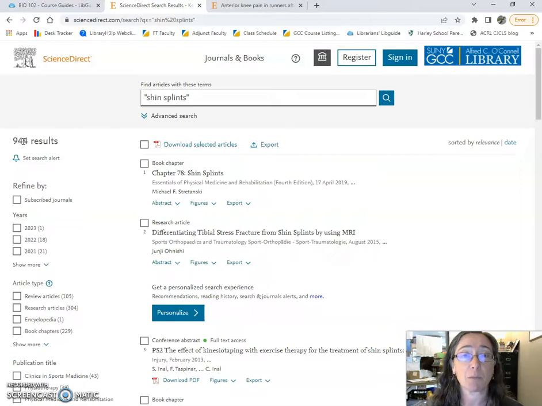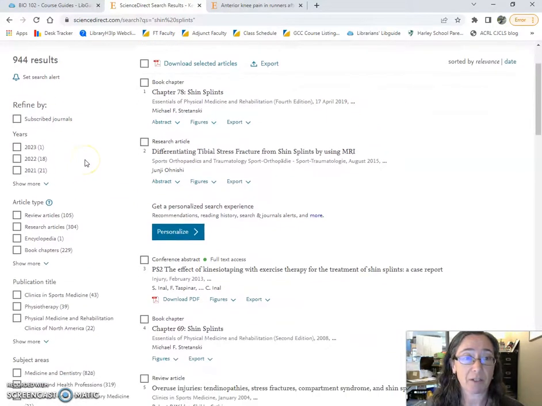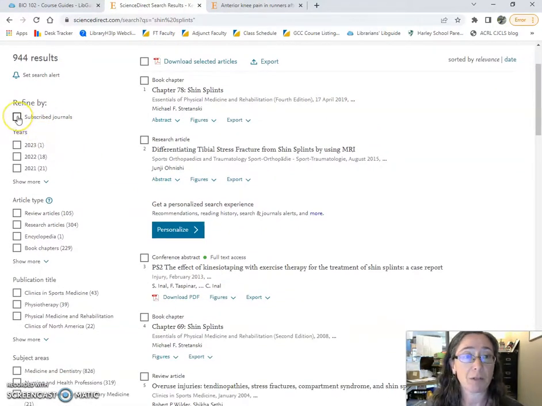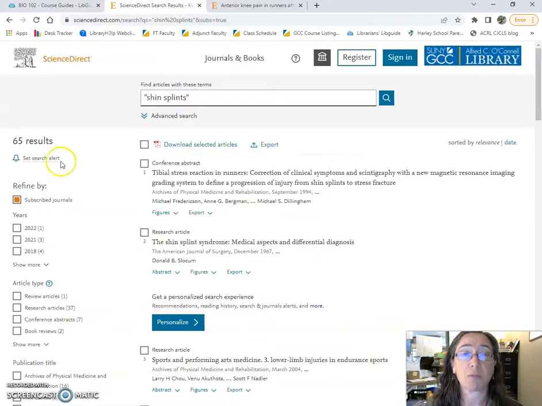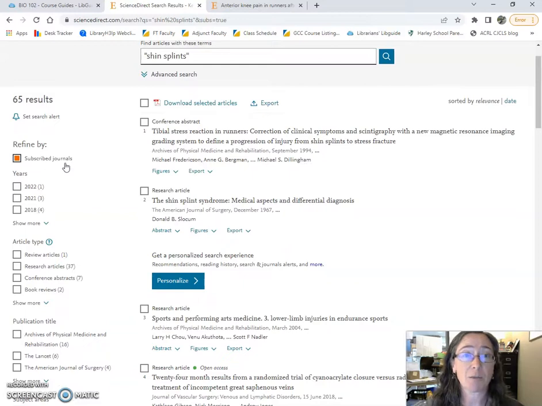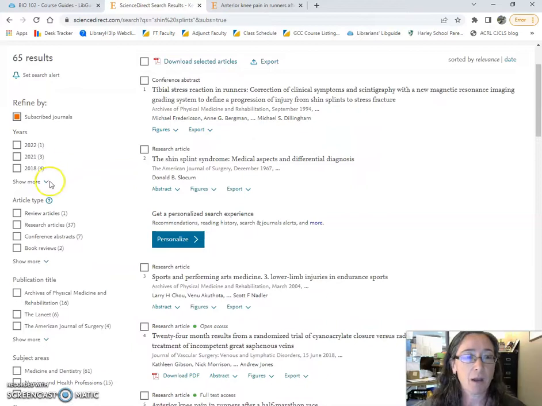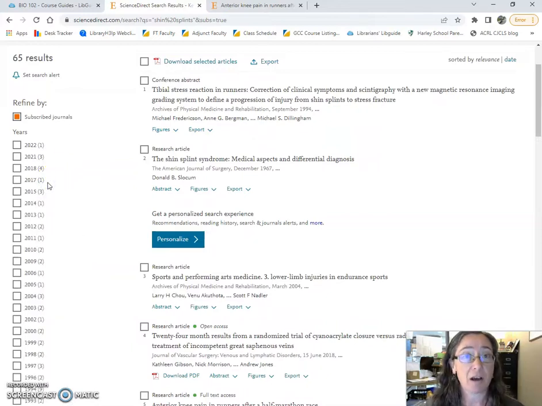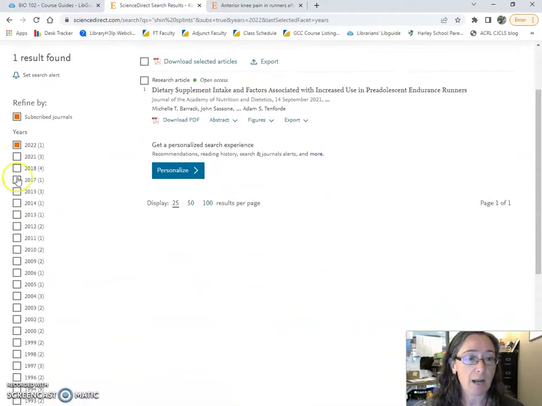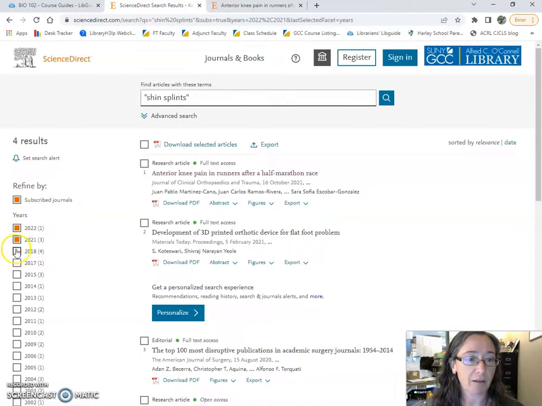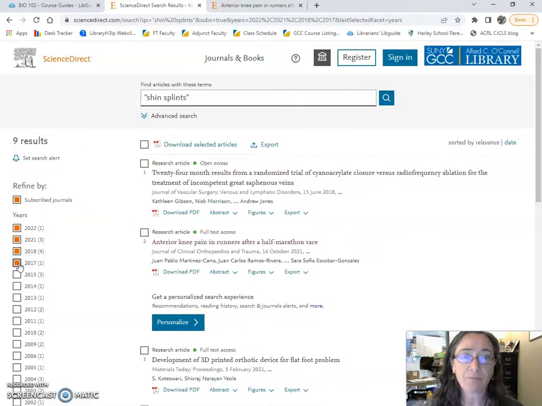We want to limit that because most of those do not meet the qualifications of this assignment. In order to get to what we need, we want to do a couple of different limits. First off, we want to refine by subscribed journals, which just means we're limiting our results to articles that we can get to freely. There are other things mixed in. They cost money. We don't want to mess with those. Free stuff is best. Current, as I say in the guide, usually means 3 to 5 years. So I expanded my year options, and I am limiting myself to roughly the last 5 or so years.